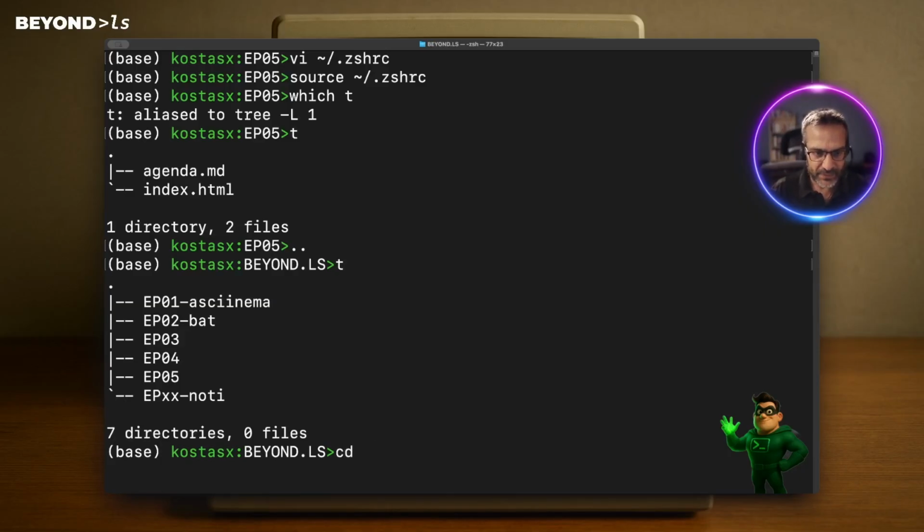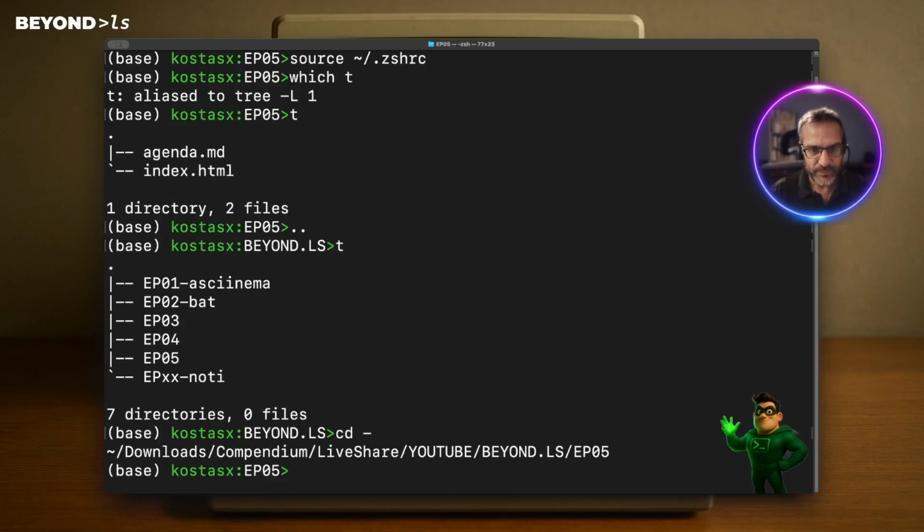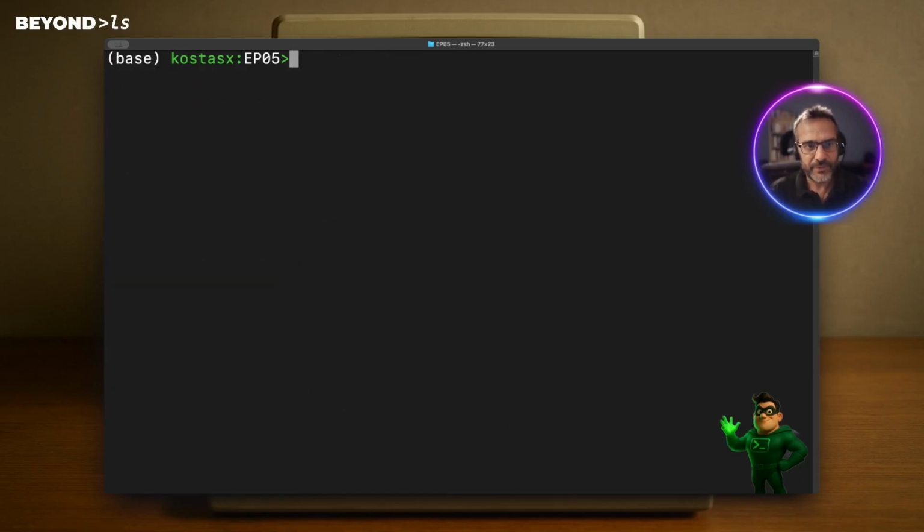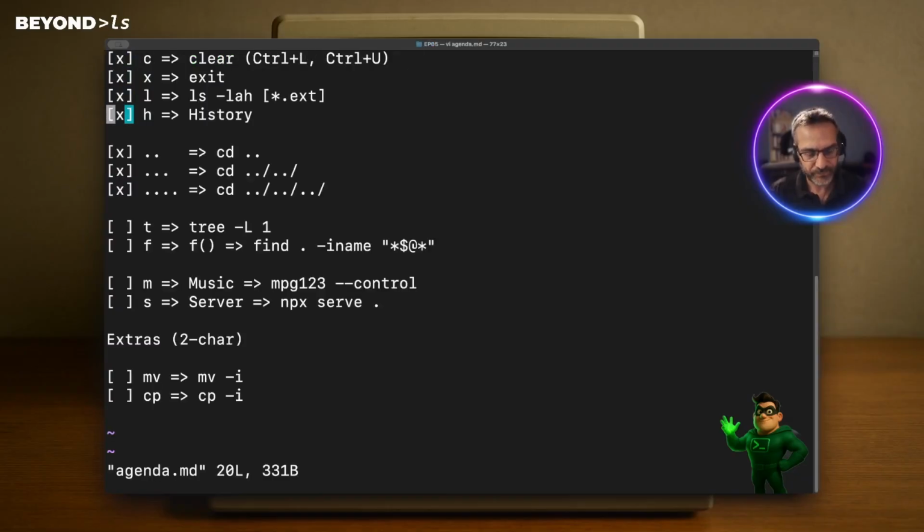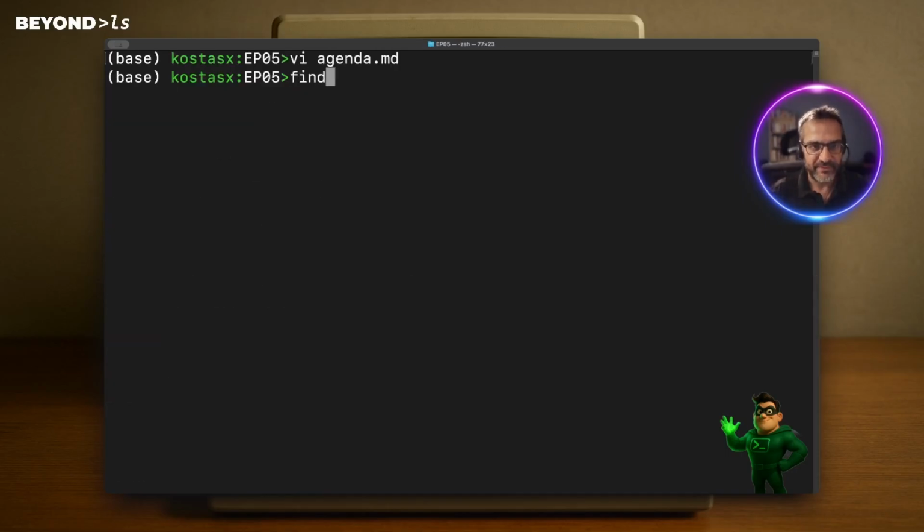Okay, let me go back to that folder, and next on the agenda is F for find. So basically this is a built-in command. Find is a built-in command. So usually what I do is whenever I want to search for something, I say find, and then in some